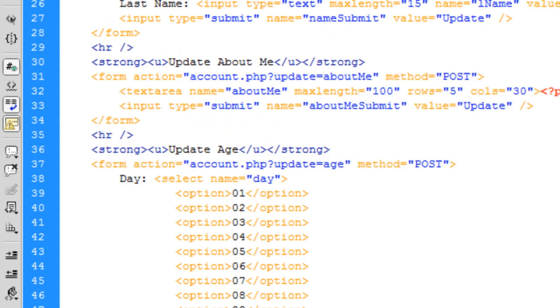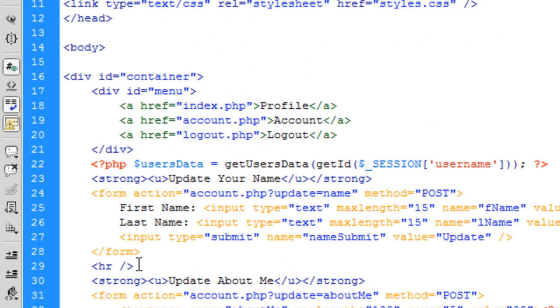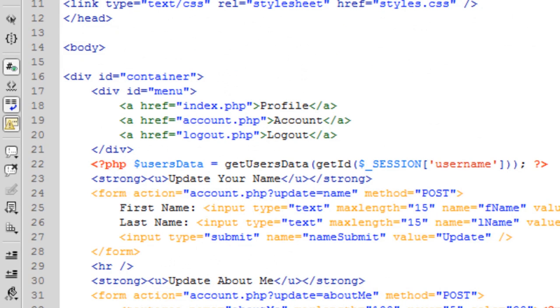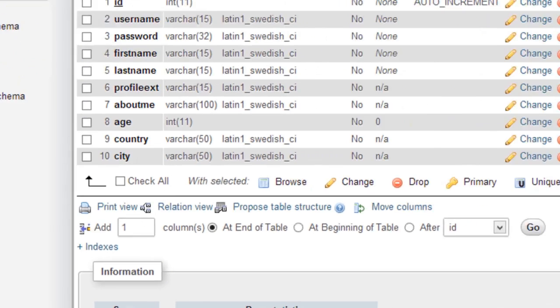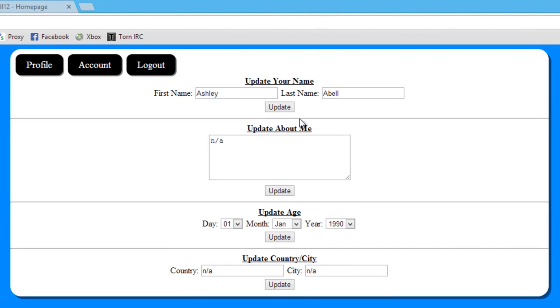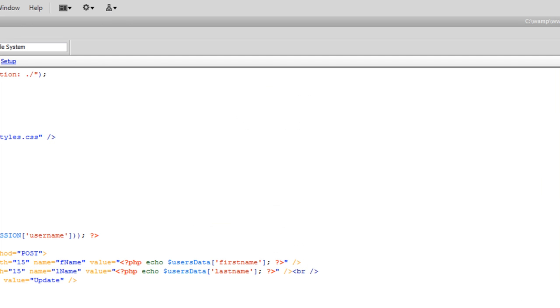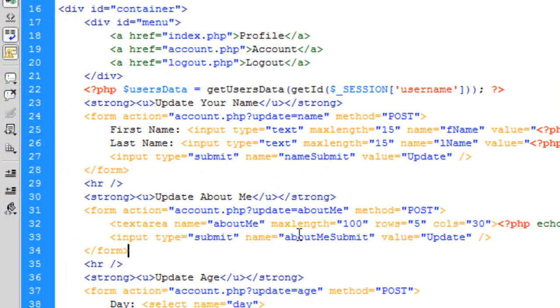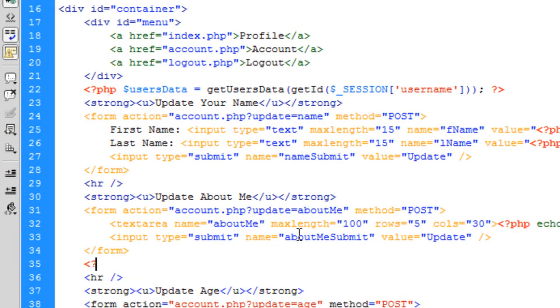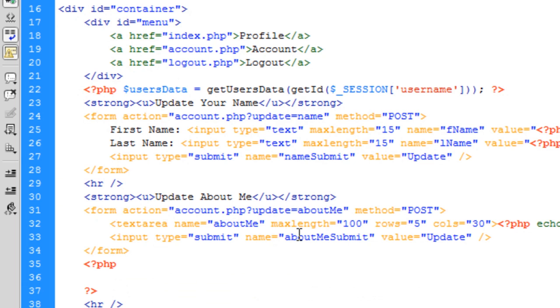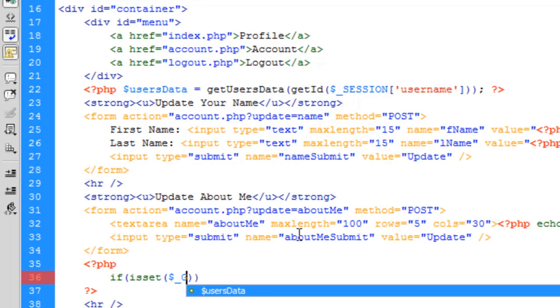So now what we need to do is actually code this. Underneath, well, where you want to basically put any output to the user. Once the user clicks update, I'm going to select the feedback under the update button, but above this horizontal rule. So it's just there underneath the form, and what we're going to do is put some PHP in here. So basically what we can say is if isset $_